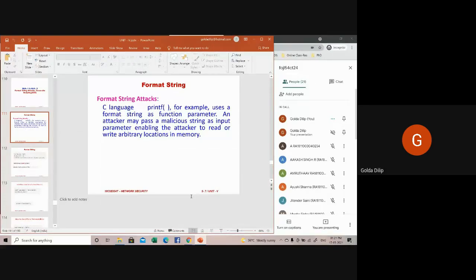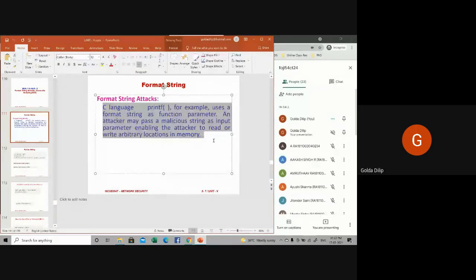Format strings, I hope all of you know, are used in many programming languages to insert values into a text string. In certain cases, this particular mechanism can be abused to perform a buffer overflow attack, then execute some arbitrary code or extract some information. The example given here is from the C language. When we start learning C, one of the first functions we encounter is printf. Printf stands for print formatted.